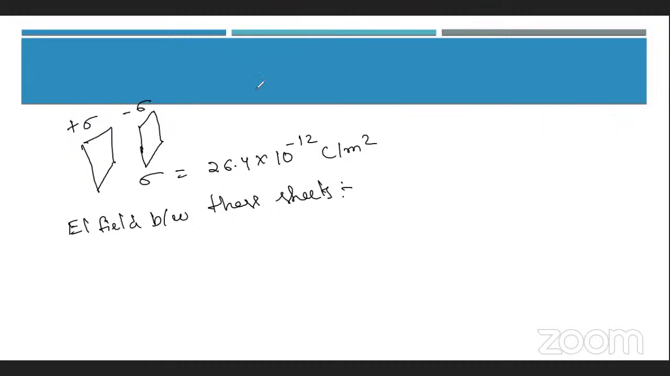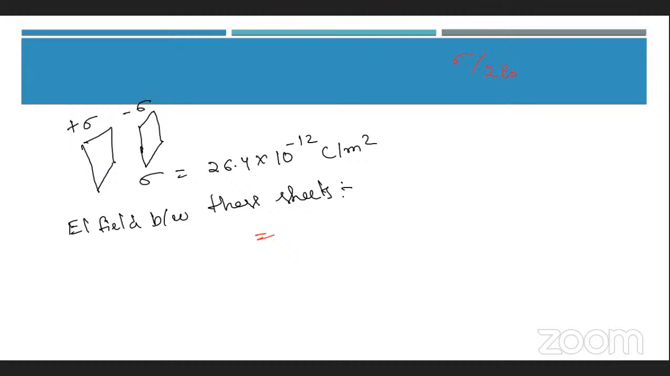So when I'm talking about one sheet, for one particular sheet, the electric field is given as sigma by 2 epsilon naught, because I have to find out the field in between. So it will be the addition of both of them, with the opposite sign between them. So for that, the formula will become,